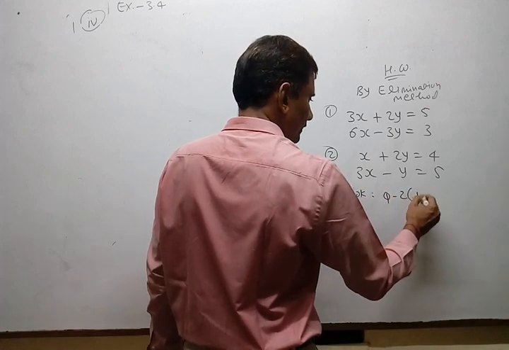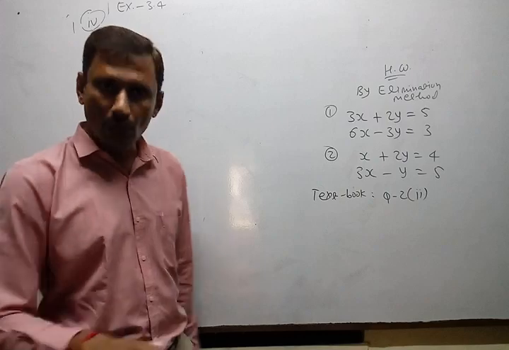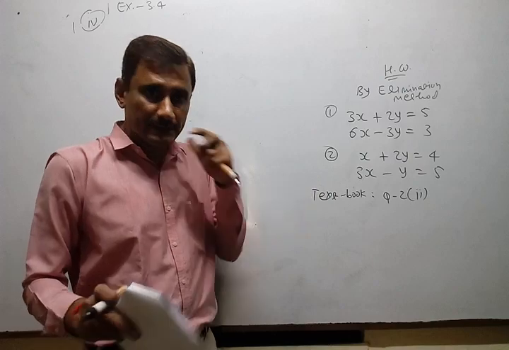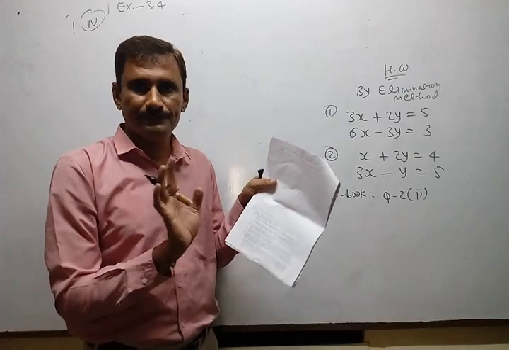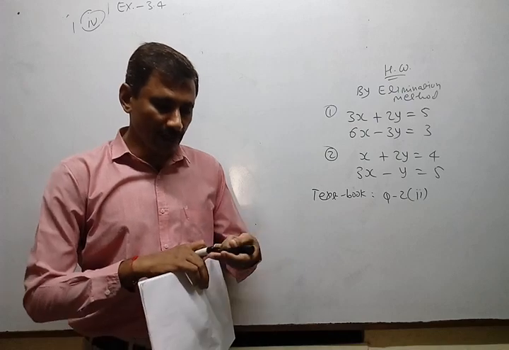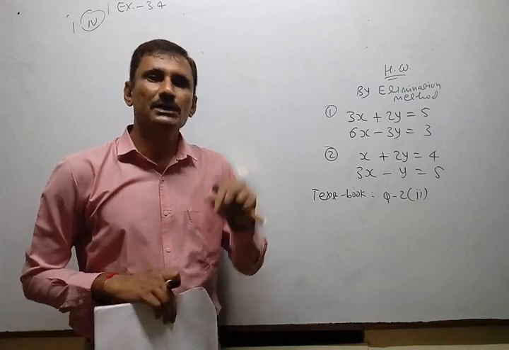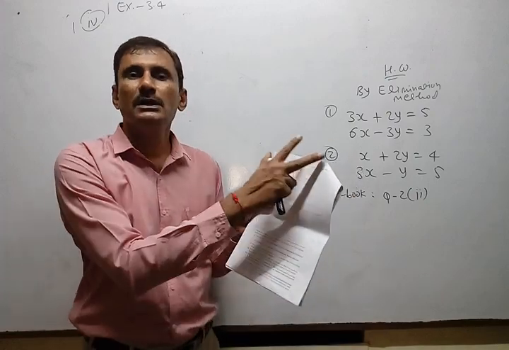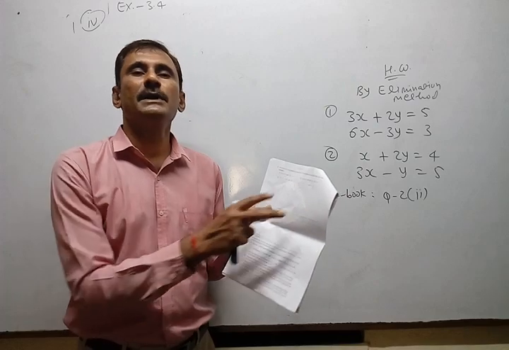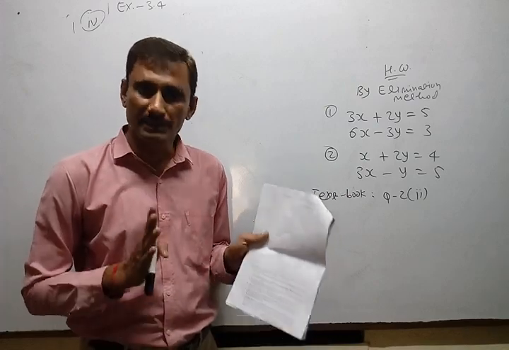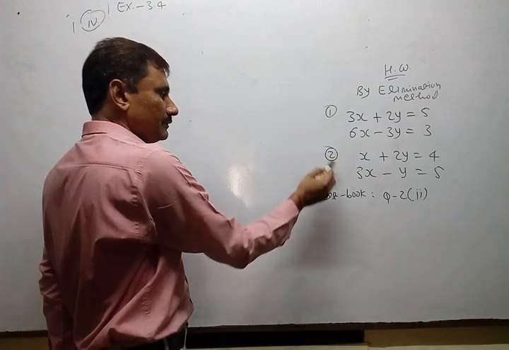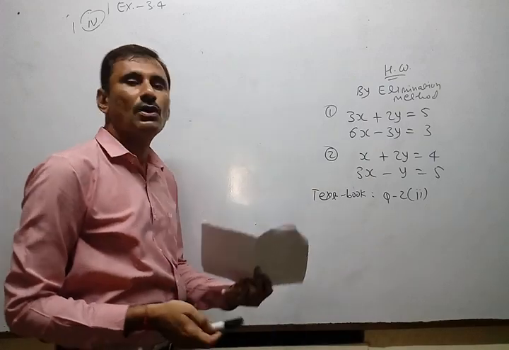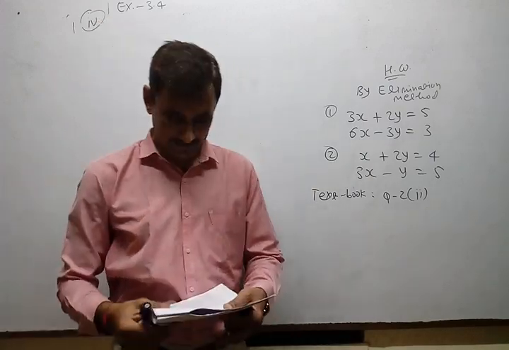So question number 2 is textbook, second in homework. Totally you have to form the equation and solve also. You understand? And that is by elimination only. Now no substitution method. Substitution method is asked for the first one only. Okay? And in word problems actually we have to decide which method to apply. But in the textbook this whole exercise is for elimination method only. That's why we apply the elimination method compulsorily. Okay? So 3 questions and 4 more by substitution. So 7 questions you have to solve today as homework.